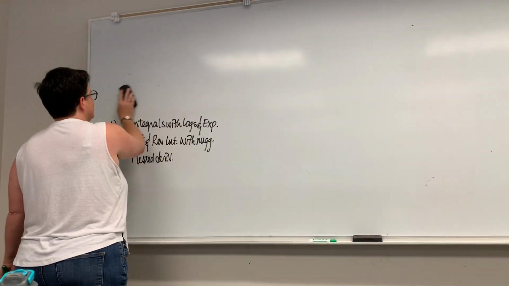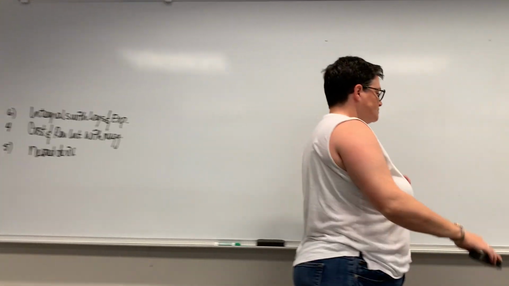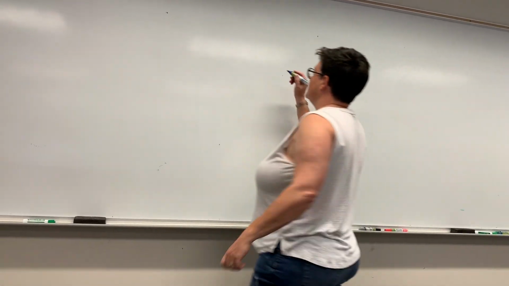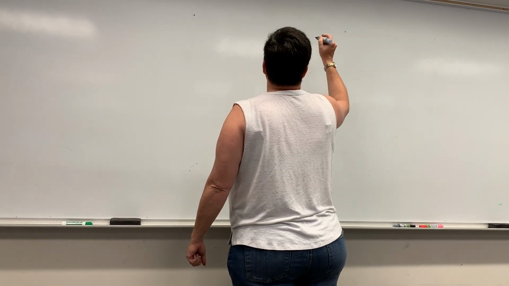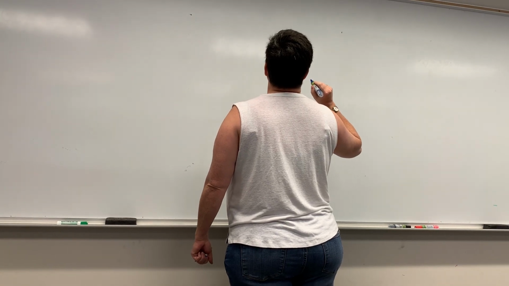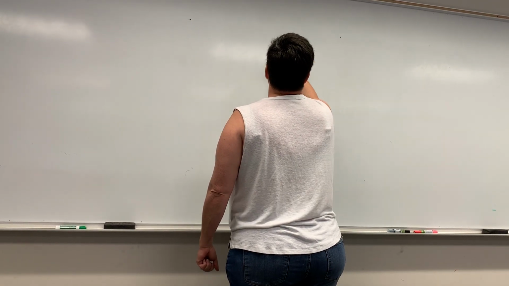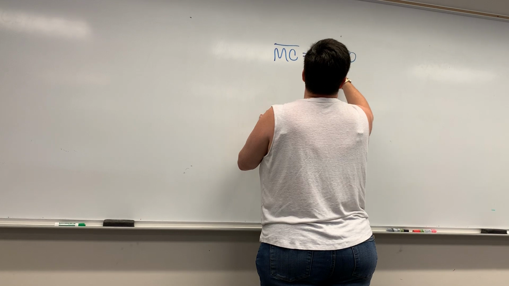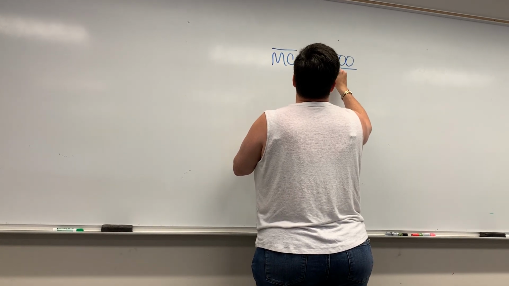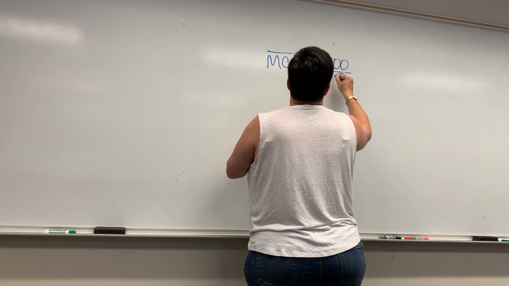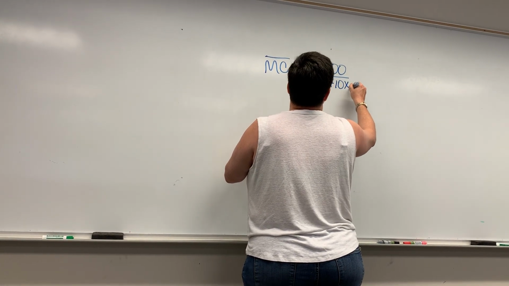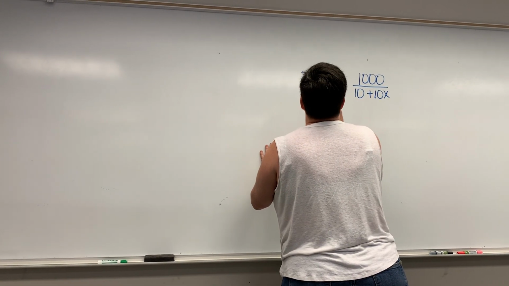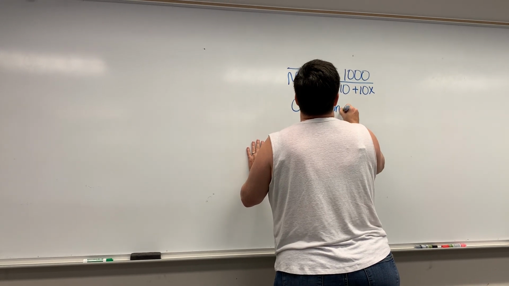Cost and revenue is next. Okay, let's say we have marginal cost of 1,000 over 10 plus 10x. And we also know the cost of producing and selling